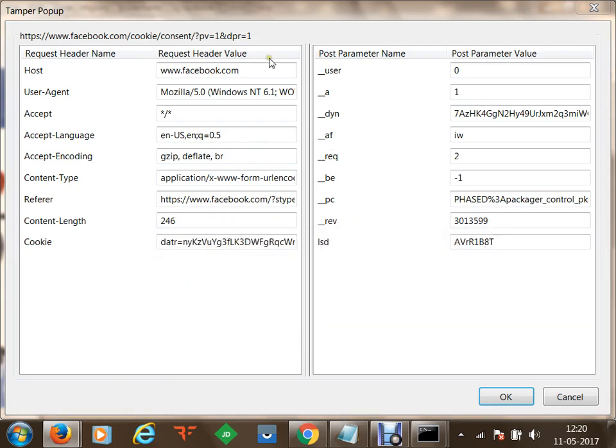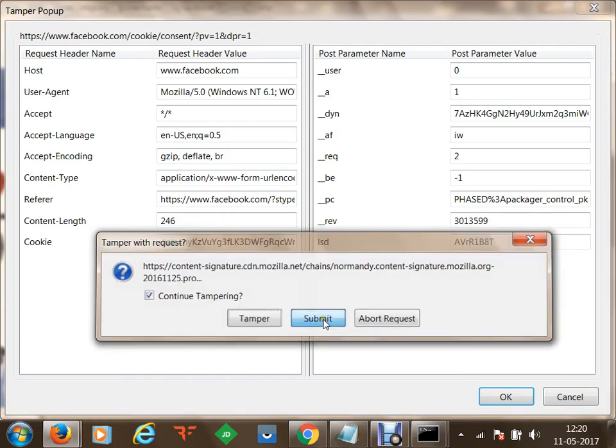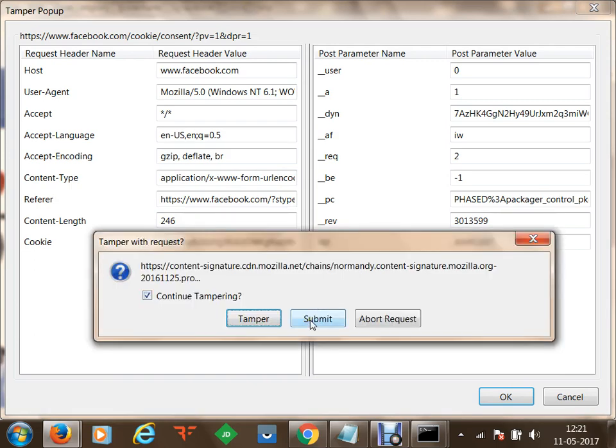So let's say I don't want to modify this request at the moment. These are some other requests which are being sent through Mozilla, so they are interrupting at the moment. So you can simply submit these requests.